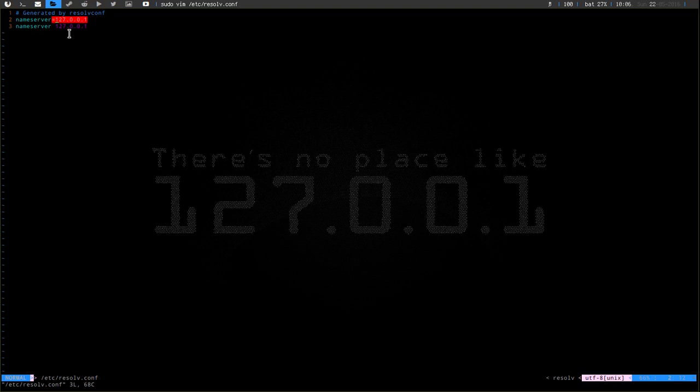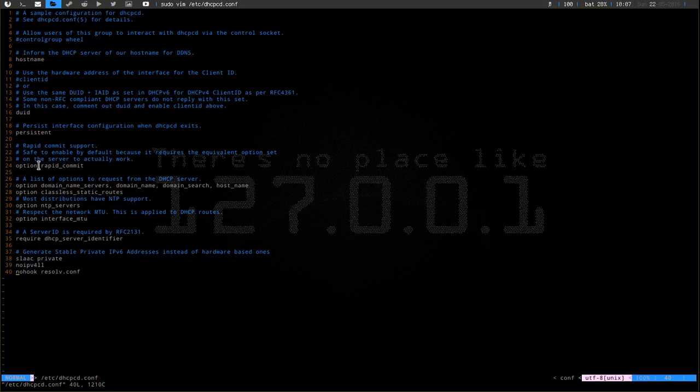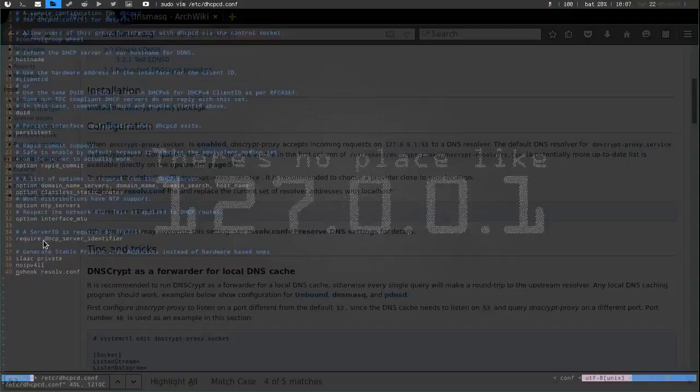So to get around this, we just need to go to the dhcpcd.conf file. So sudo vim, it's still in your /etc, so dhcp, and then you just hit tab, it should autocomplete, and then you can ignore most of this stuff. The only thing that you do need to put in there is the no-hook resolv.conf. So it will ignore that equal sign, because that's not supposed to be there. So if we go back here,